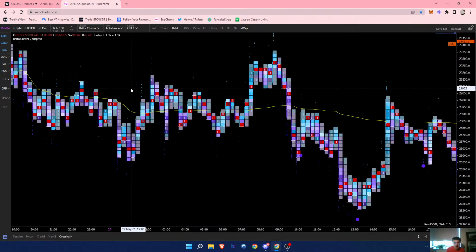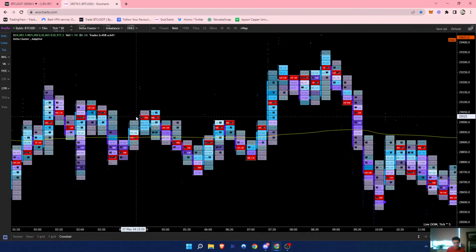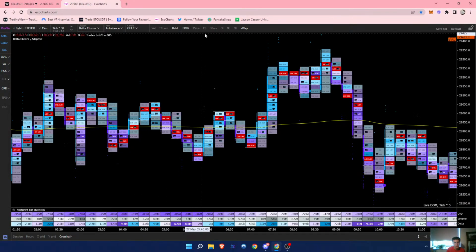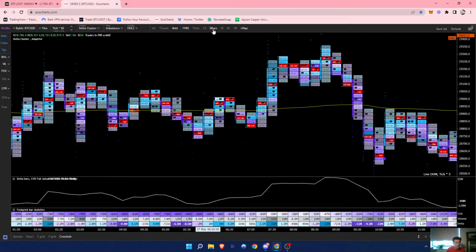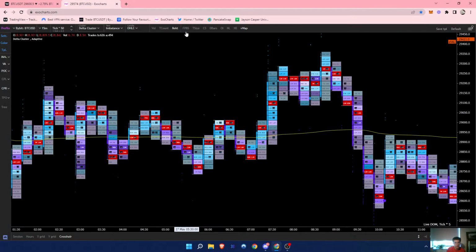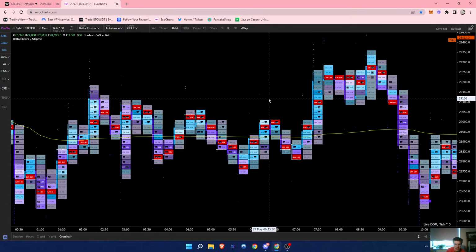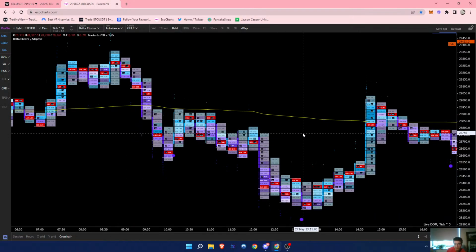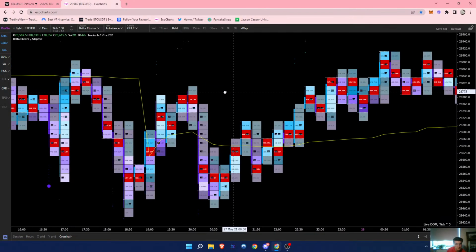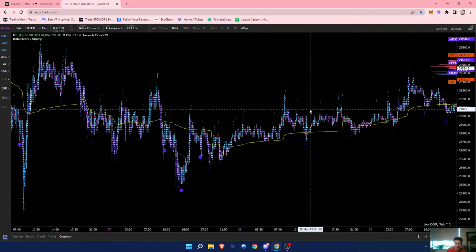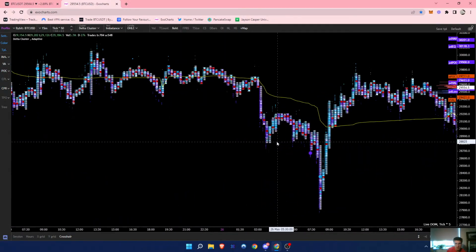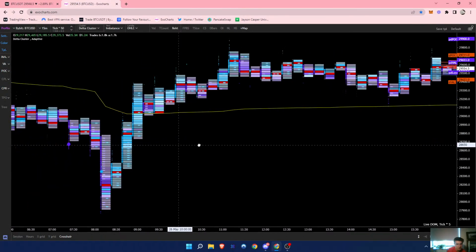And again, I'm just looking at imbalances in this example. Of course, you want to be looking at footprint bars and CVD, identifying absorption and whatnot. But again, I'm just going over imbalances and delta clusters. So very, very powerful. So next thing you can do, going based off of this, is